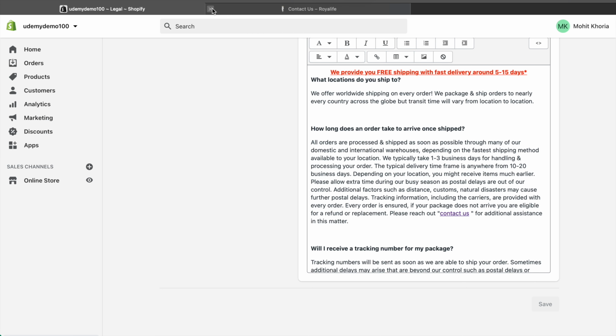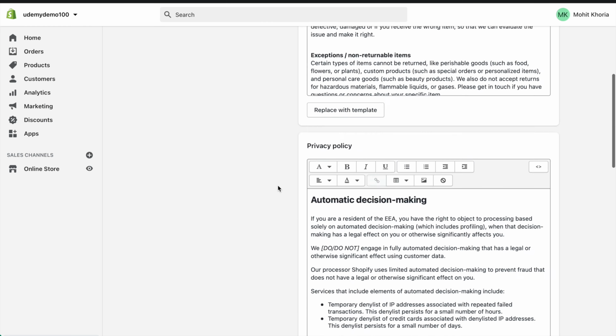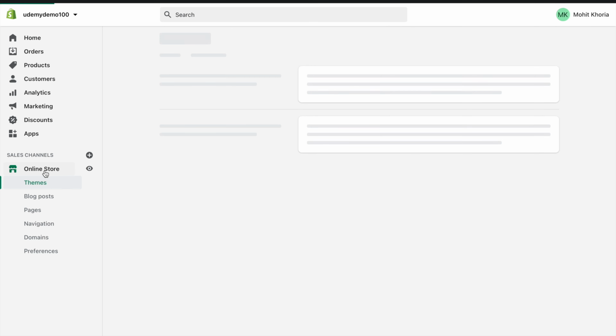So let's remove all this. So in this lecture we have created our pages. In the next lecture